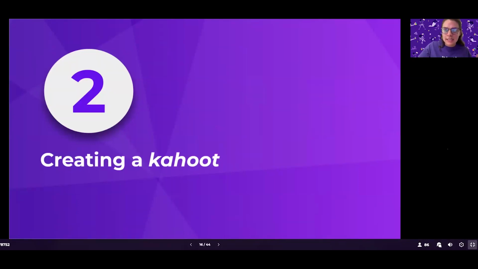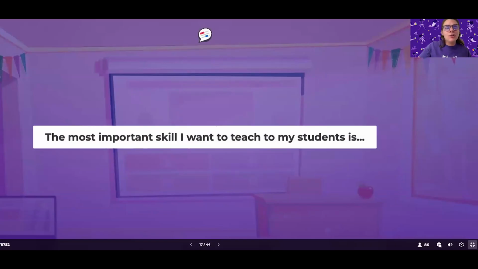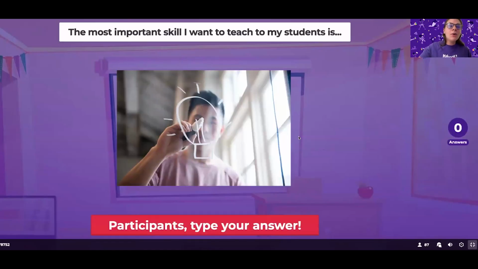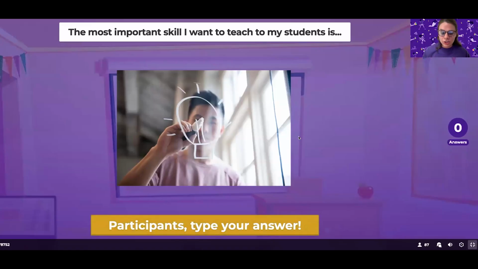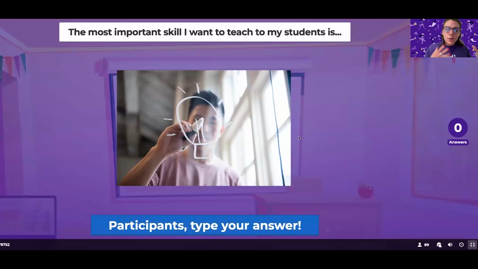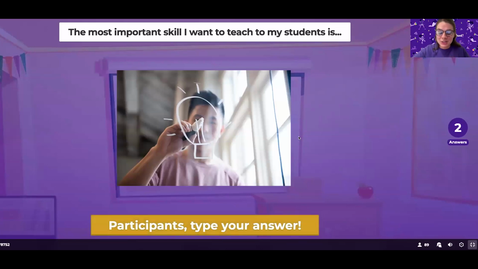As you're looking to find ways that you might create your first lesson on Kahoot or even revisit an existing lesson, there are a few different formats that you might use to get started. No matter what format you're using and how you might go about this planning, there are important skills that we can probably all agree on that are super crucial as students come into our classroom, whether for the first time in August or maybe even to close out the semester at the end of the year. So in your opinion, as an open-ended question type, what is the most important skill that you want to teach your students? Whether closing out the school year and you want to leave that lingering thought, or even to start with your new students come this August.